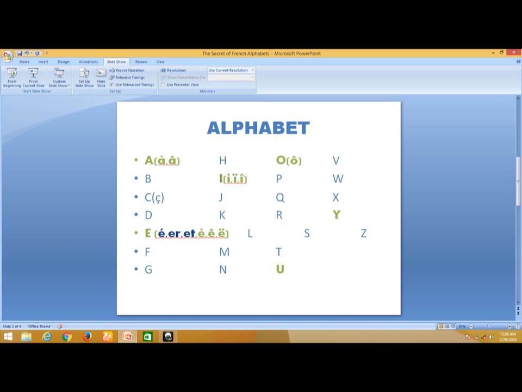Okay. For the third vowel, it is I. Any kind of accent that can be on top of it is still pronounced as what? As E, not I. In English we pronounce it as I, but in French we pronounce it as E. So the same thing for O. This is O. We have this is U. So any accent they put on top of it is still U. And this is what? Y. But whenever we use it in a word, we don't call it Y anymore. We call it E. It carries the same spelling with this. Is that okay? So that is that.